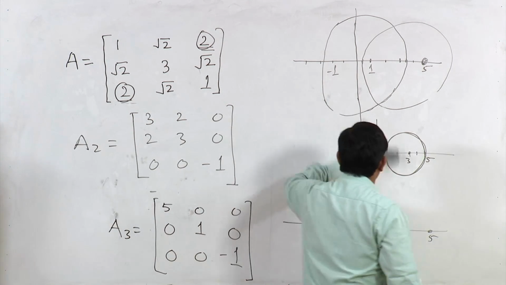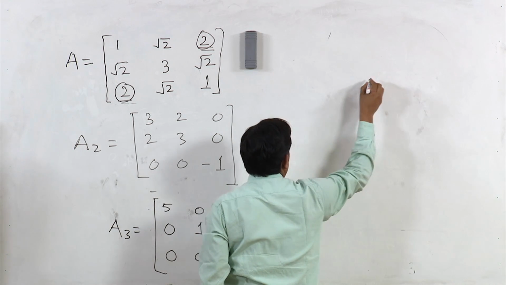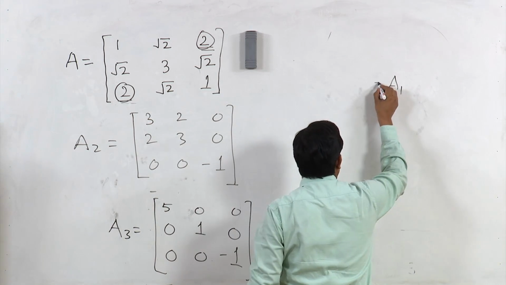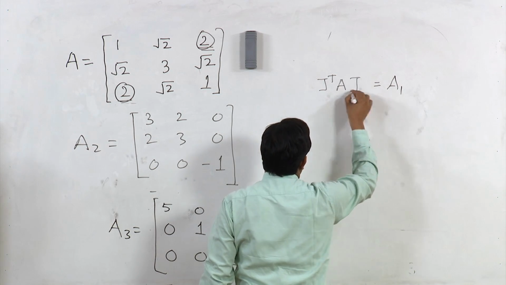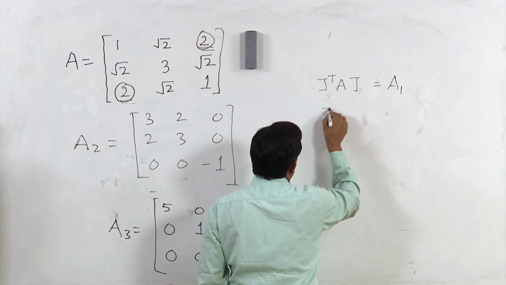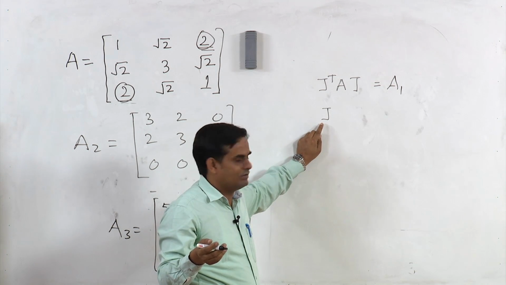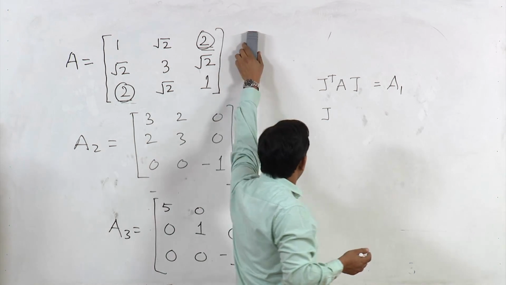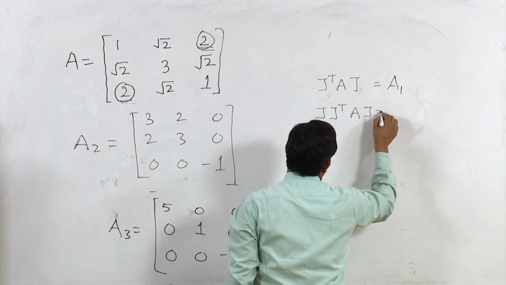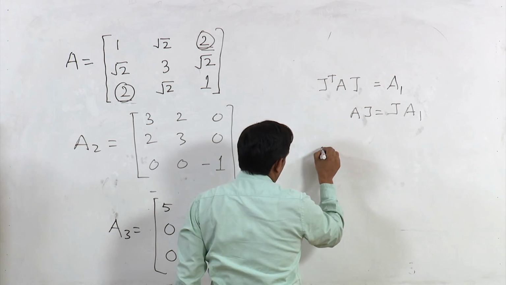Another thing I want to tell you here: why am I saying that the product of J1, J2 and so on will give me the eigenvectors? What is happening? Let us say A1 is the eigenvalue matrix which has the eigenvalues as diagonal entries, and I am getting this just by applying a Jacobi rotation J. Now, as you know, J is an orthogonal matrix, it is a rotation matrix. So, J transpose will be equal to J inverse. So, what happens if I multiply both sides? I can write it like this, or this is identity. So, A into